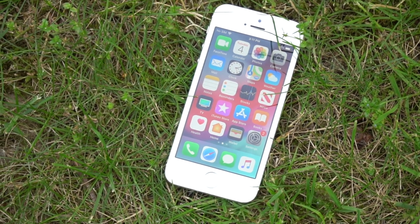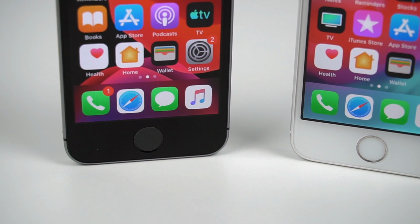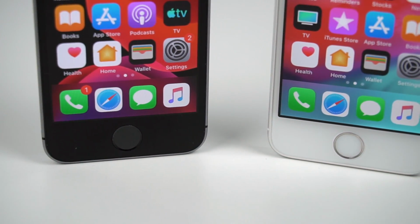Below the screen we have the first ever Touch ID sensor. I think we easily forget how much this changed things. Before the 5S, everyone would always have to put in their passcode. It was a pain, and although Apple doesn't use Touch ID in their newest iPhones, it's still a great technology